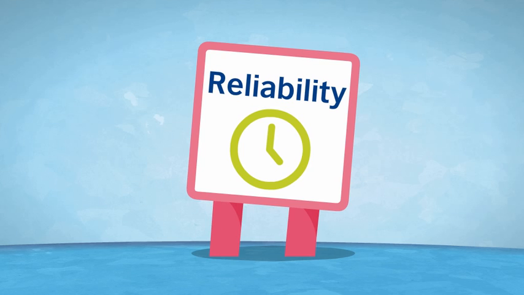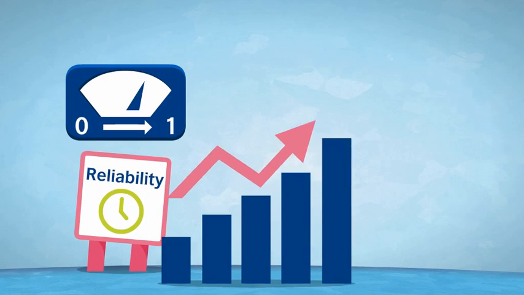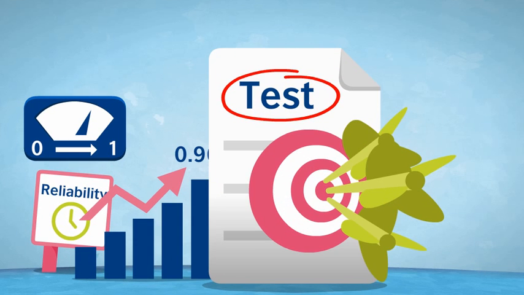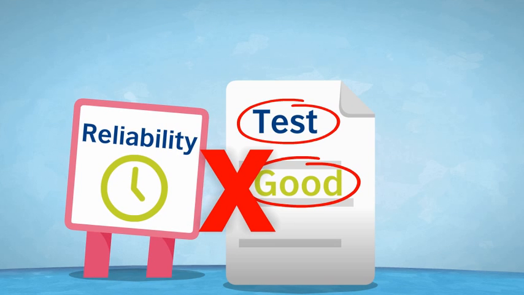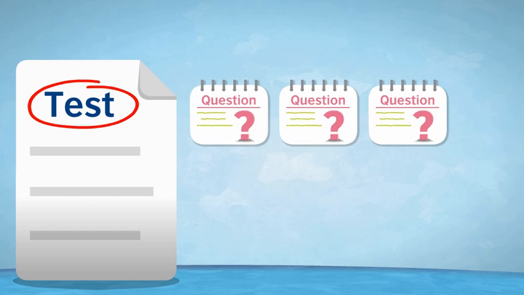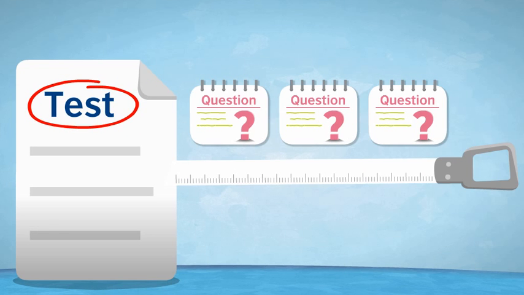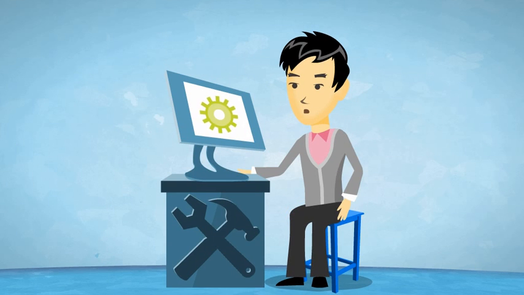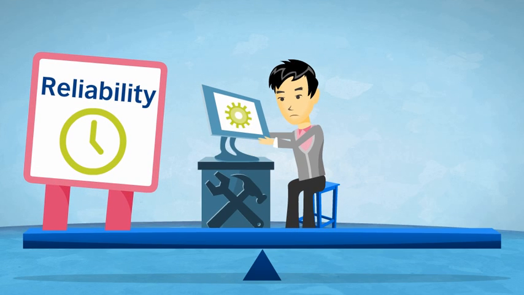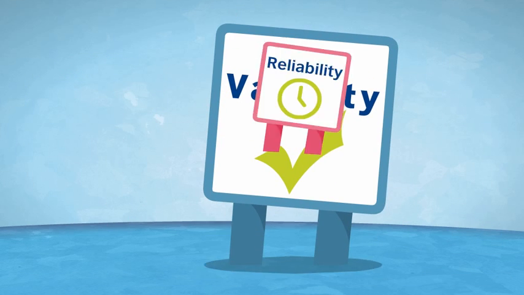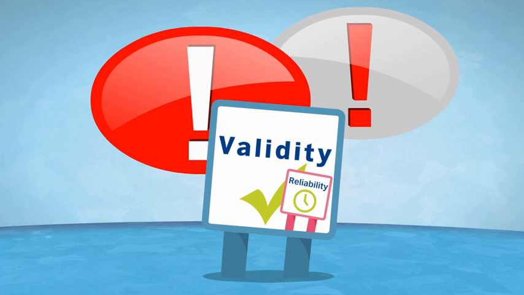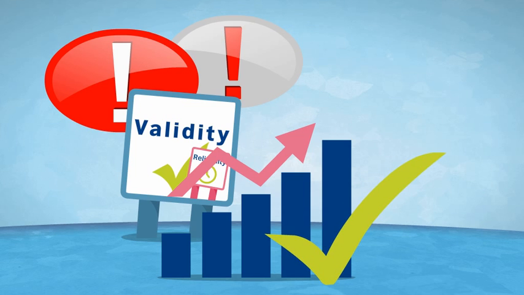Reliability is usually reported on a scale of 0 to 1, and the higher the score, the more consistent the test. One important thing to remember is that the reliability estimate does not tell us that the test is good. It just tells us the questions in the test are consistently measuring the same thing. It's possible that it's consistently wrong. It was once thought that test developers had to achieve a balance between reliability and validity. These days, reliability is considered to be an aspect of validity and forms part of the argument that the scoring system is working well.